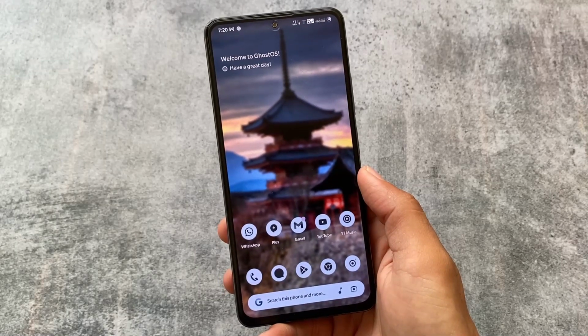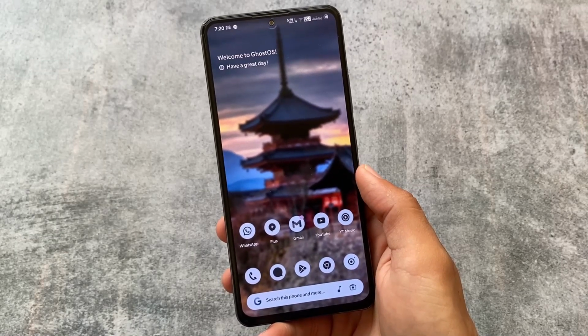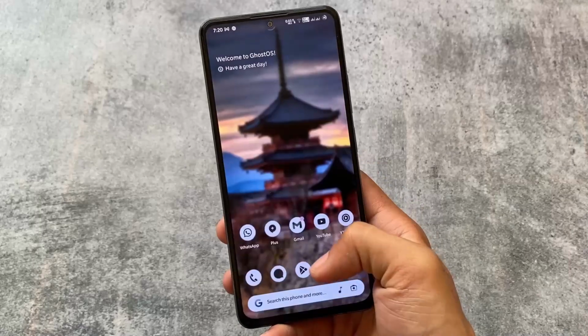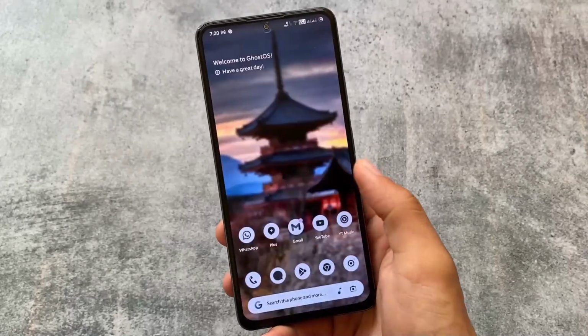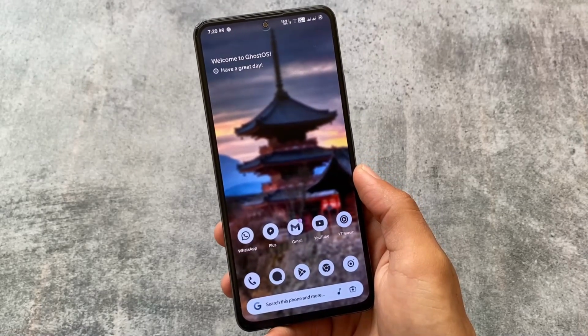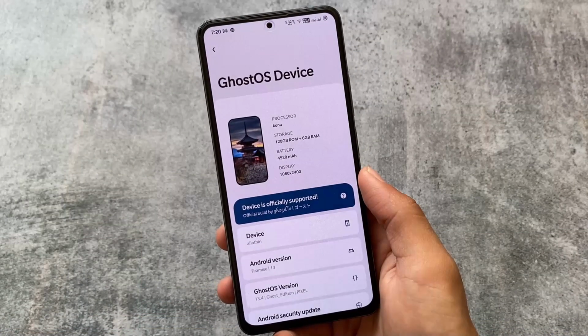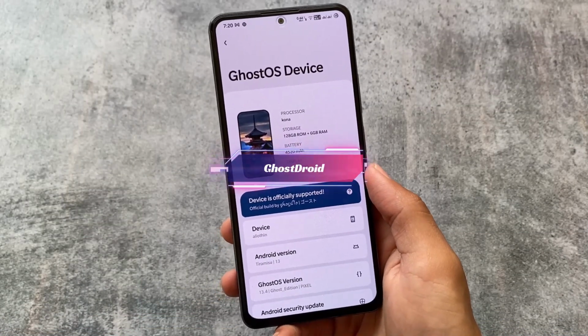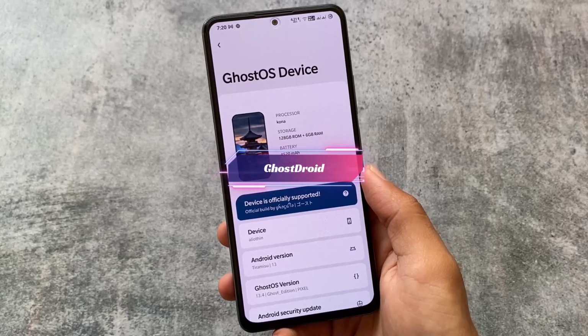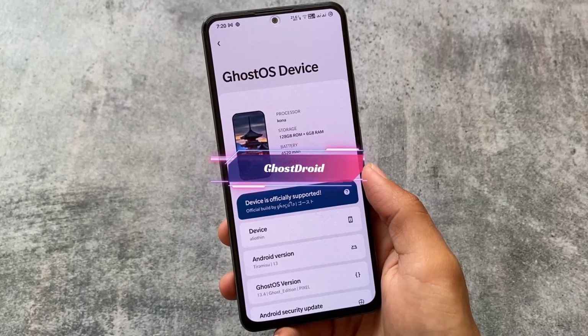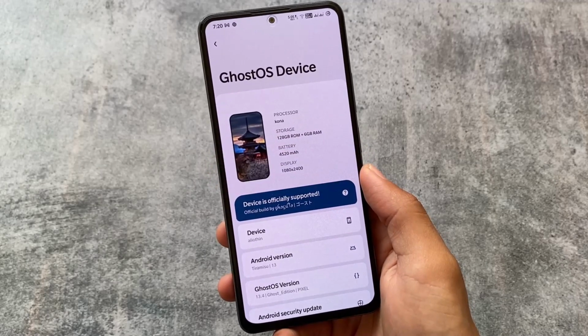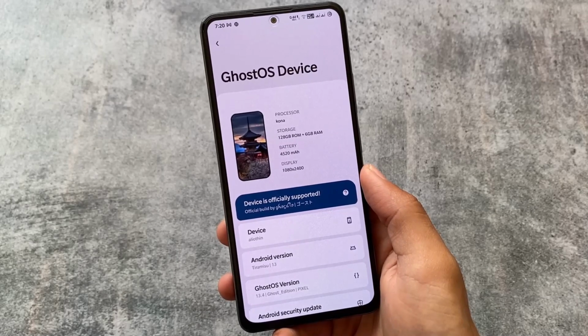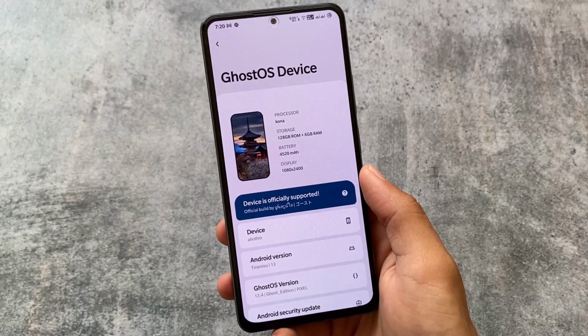I think you have used CrDROID, and I think you have used RiceDROID OS, and this is a combination of both of those custom ROMs. This is GhostDROID. RiceDROID plus CrDROID is equal to GhostDROID, basically CrDROID custom edition. Unfortunately, it's not officially available for many devices. It's not so popular, but I tried this on Elioth, which is the Mi 11X, or you can say Poco F3